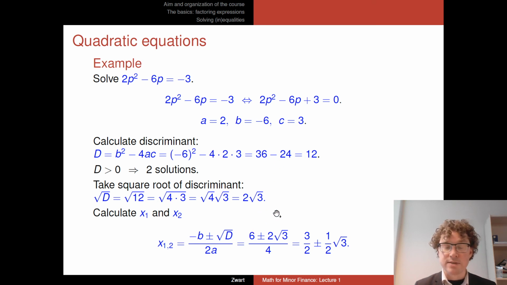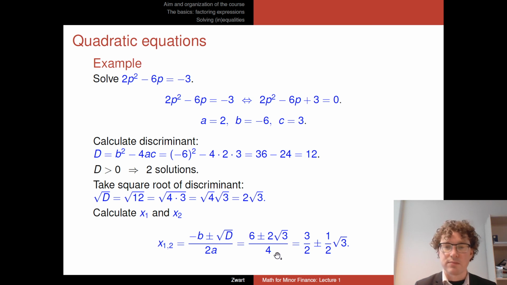Plus or minus the square root of this discriminant, and the square root of this discriminant was 2 times square root of 3. So plus or minus 2 times square root of 3. And then last thing, we have to divide this by 2 times this parameter a. 2 times a equals 2, so 2 times 2 equals 4. And there we are, 6 plus or minus 2 square root of 3